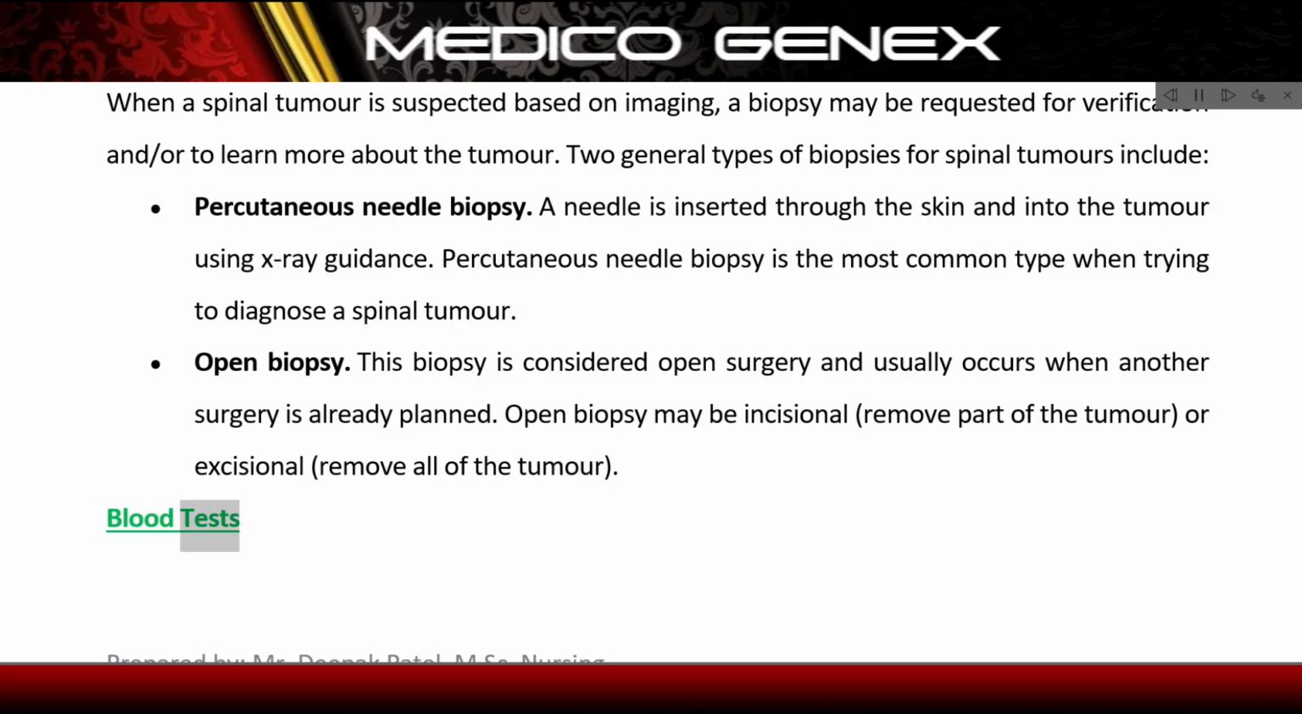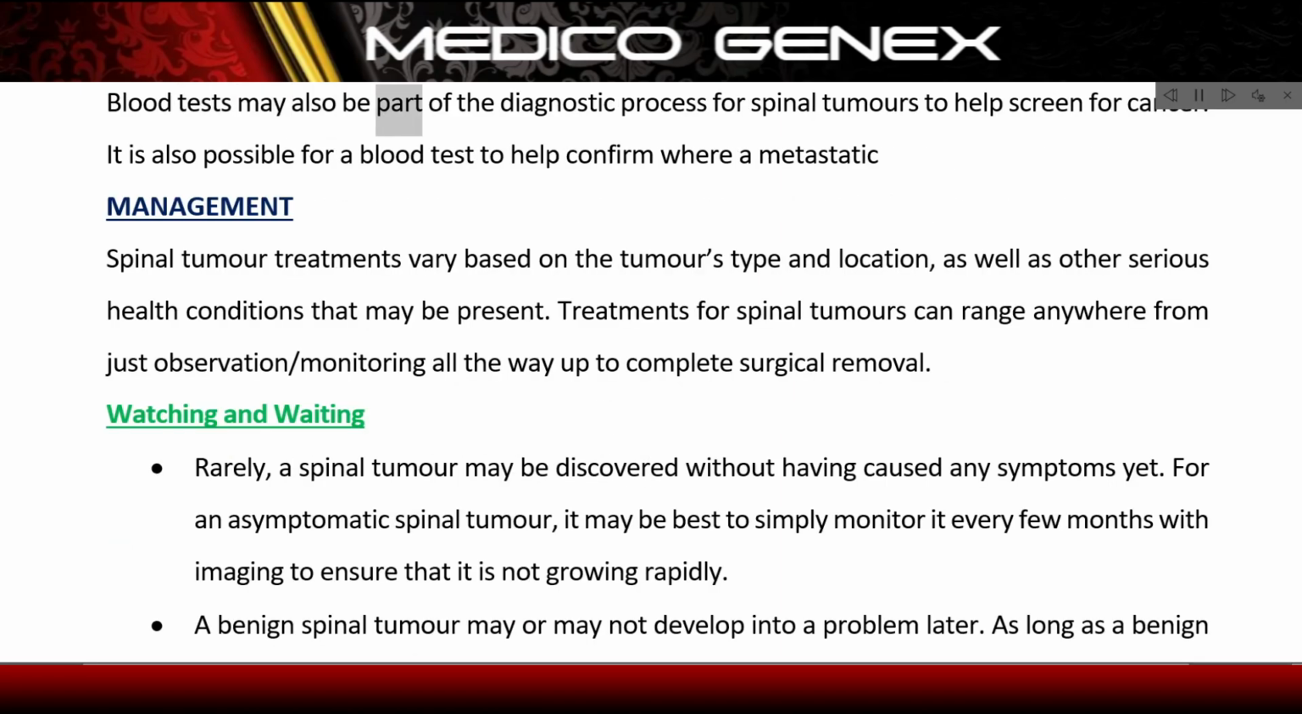Blood tests. Blood tests may also be part of the diagnostic process for spinal tumors to help screen for cancer. It is also possible for a blood test to help confirm where a metastatic tumor came from. Management. Spinal tumor treatments vary based on the tumor's type and location, as well as other serious health conditions that